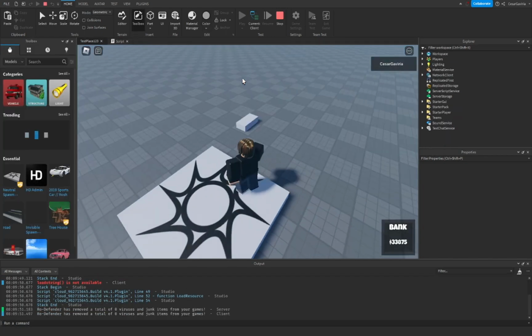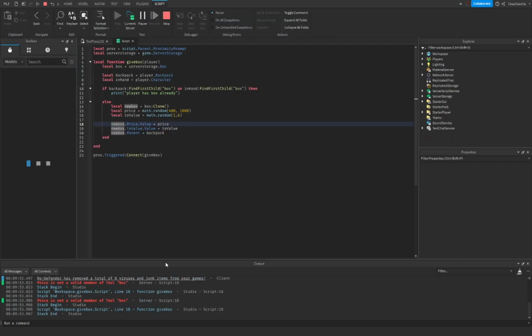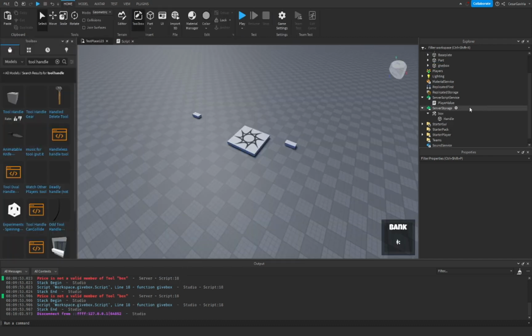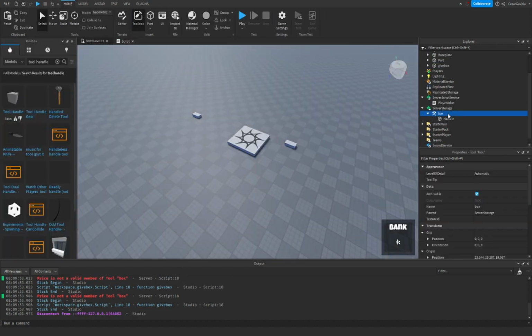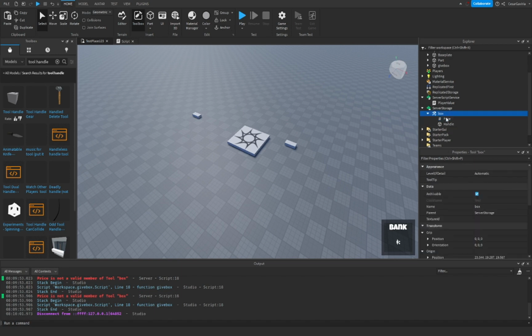So now when we go to do it, we're getting an error, and it says price is not a valid member of box. So we're going to go to the server storage, and we're going to go to our box. Now I've already added a handle, but you can add a handle as well. I just went to the toolbox and searched tool handle and clicked the first one. So we're going to want to create an int value, and we're going to want to name it price, and then we're going to want to create a separate value, and it's going to be a string value, and we're going to name it